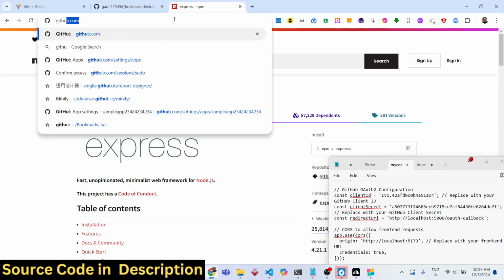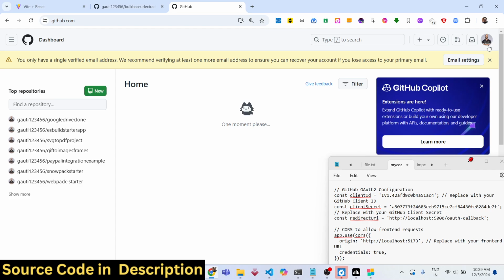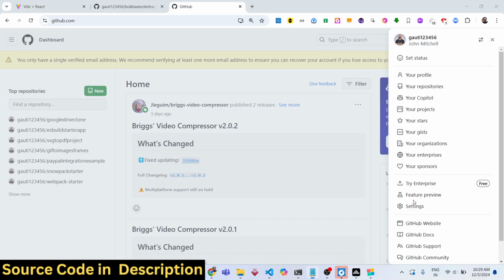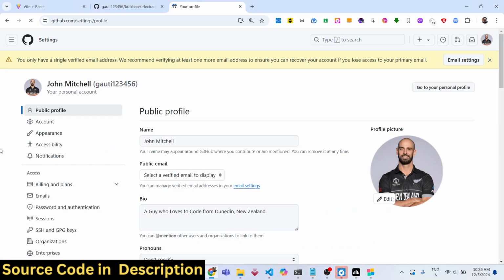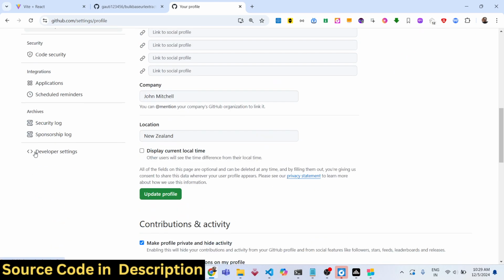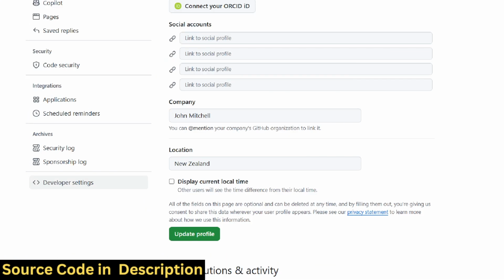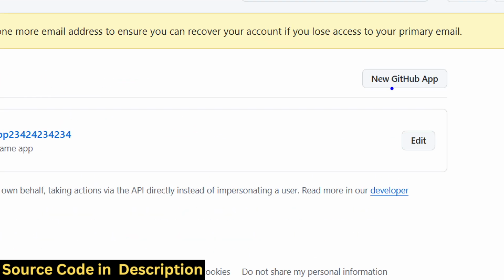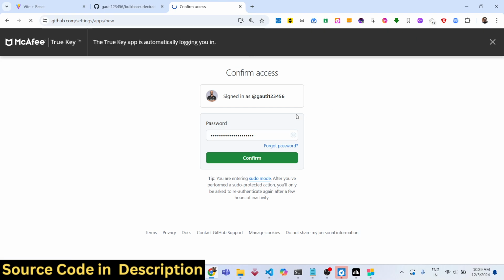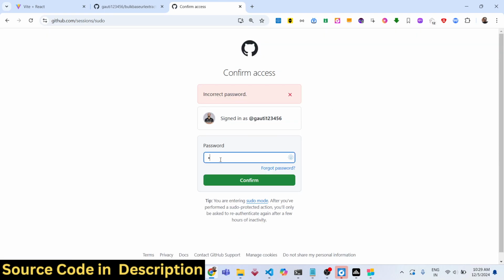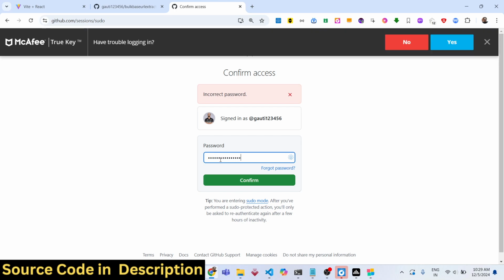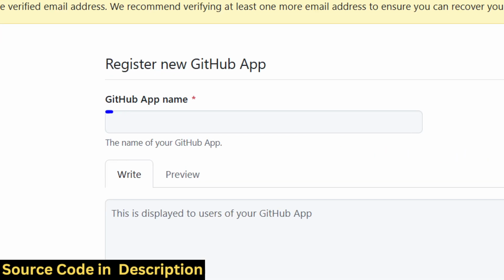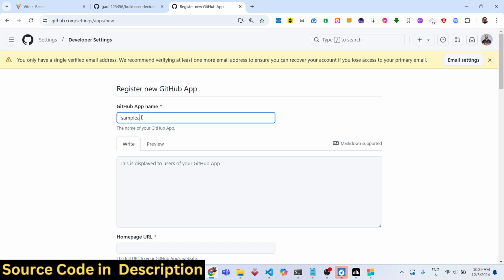So if you go to github.com and just go to your settings right here at the bottom side. You need to have a GitHub profile to perform this operation, and then you will need to go to your developer settings, this option, and then you need to create a new GitHub app. And then you need to sign in, so it will ask for the password, so just replace your own password. And here you need to give your GitHub app name, so I will say sample app,